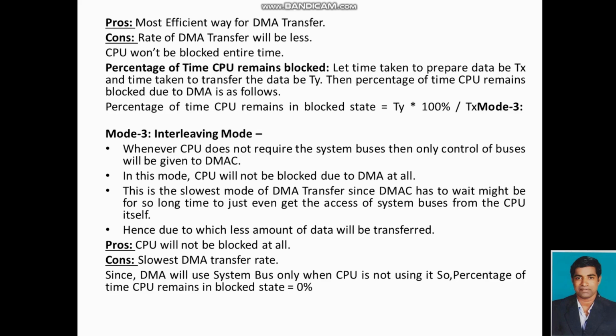The percentage of time the CPU remains blocked: let the time taken to prepare data be Tx, and the time taken to transfer the data be Ty. Then the percentage of time the CPU remains blocked due to the DMA is as follows: Ty by Tx into 100. Mode 3, interleaving mode. Whenever